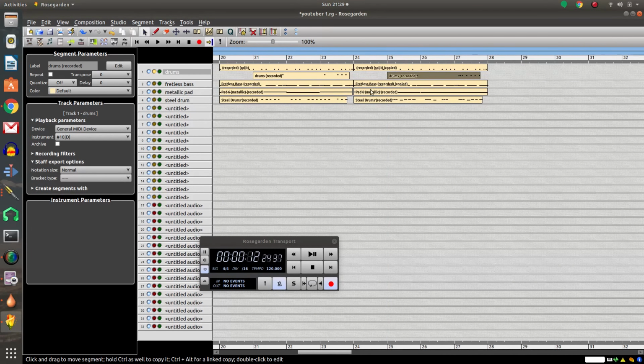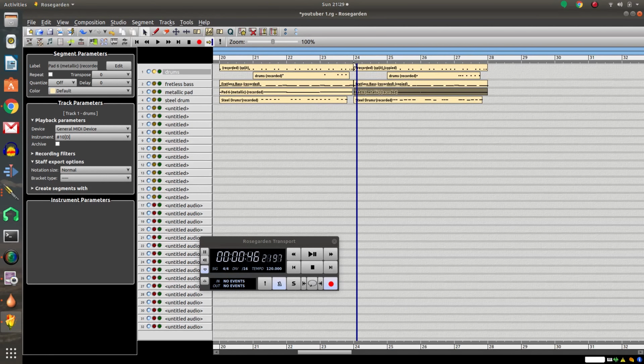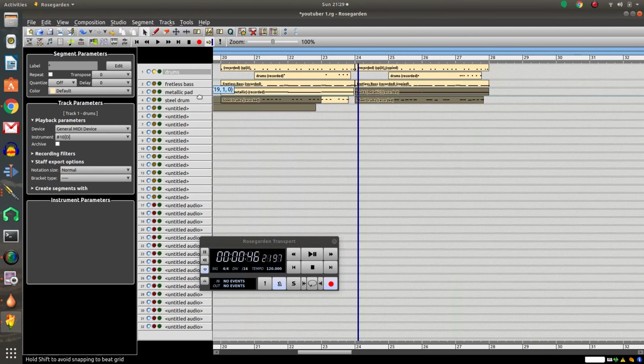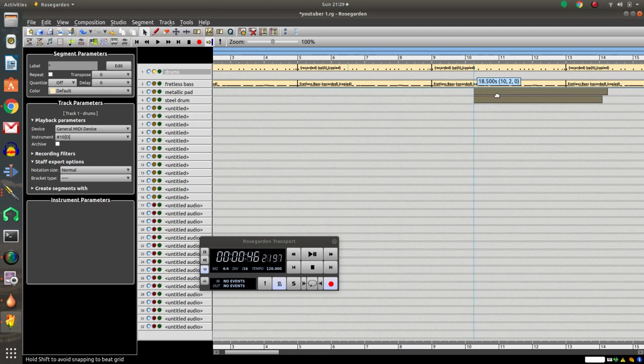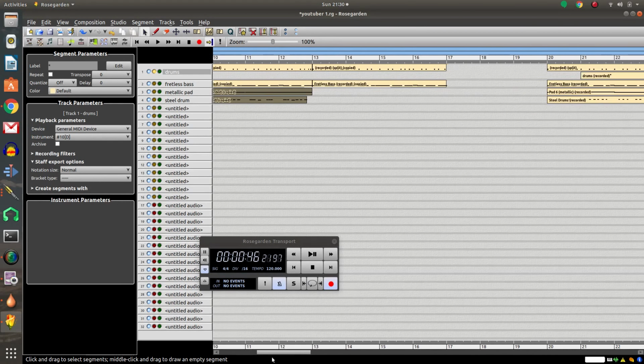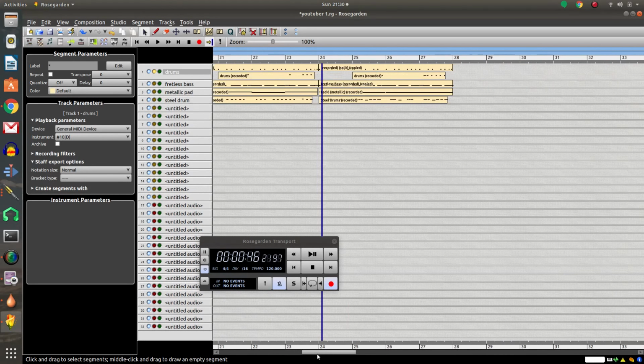Or maybe just, okay, so I'm just going to do the pad and which one? I can't remember what these are. Let's see. Oh yeah, so the steel drum and the pad. Copy that, drag that over to here. I think that's where it was. Let me go over a little bit. Yeah, so I want those there. And then I want